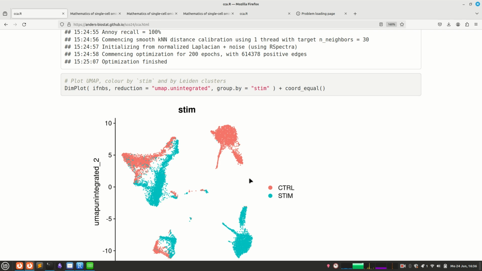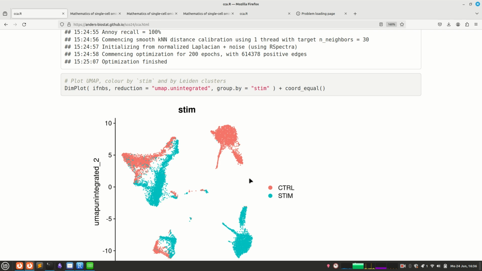These vectors tell me what I have to subtract from the cells here in order to get to the other space, in order to remove the stimulation effect. And to make sure that we have a smooth transformation, what we do is a